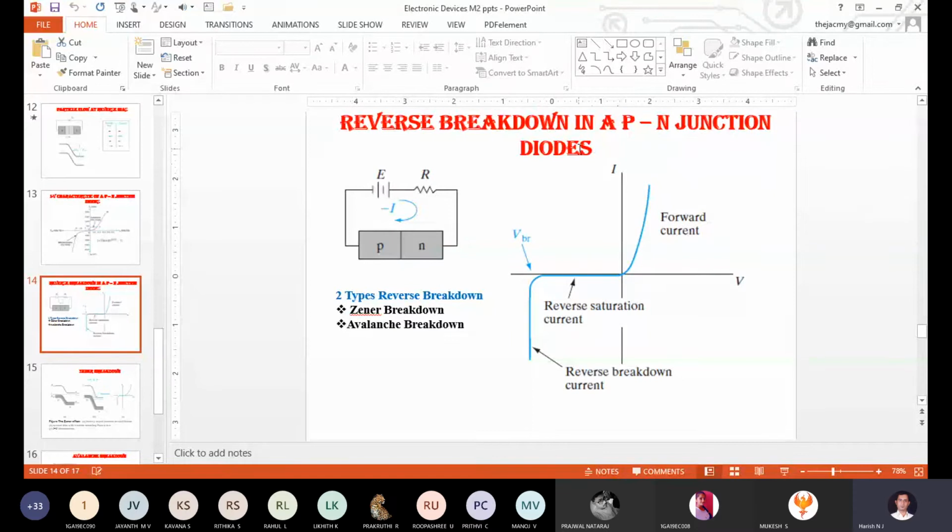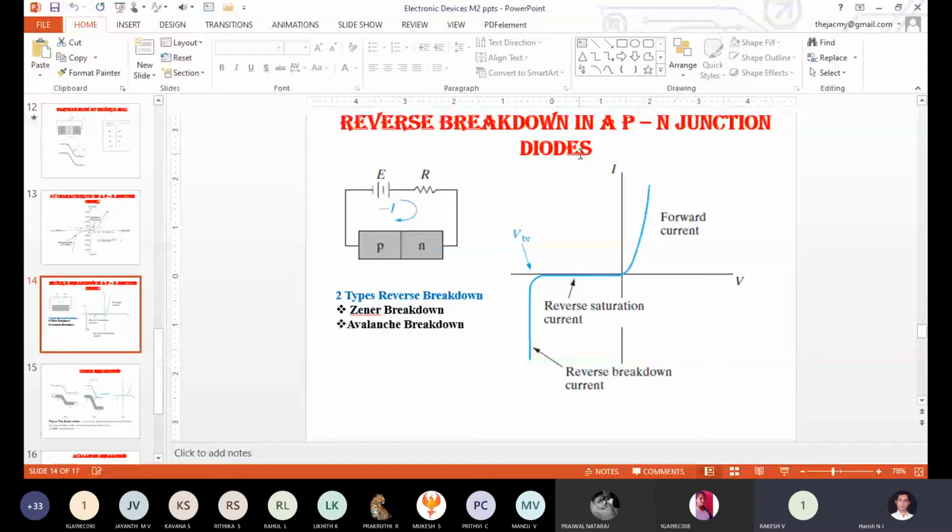Before entering this particular topic, can anyone define or briefly say under what conditions your PN junction diode is going to get damaged or break down? Due to temperature and more recombination of electrons and hole pairs. Okay. When the junction decreases, there is no recombination, maybe no junction will be present.